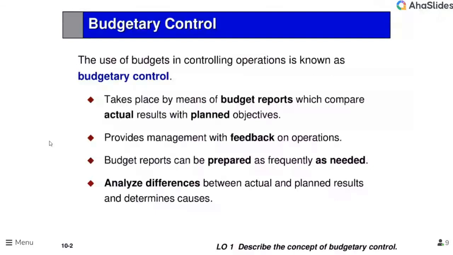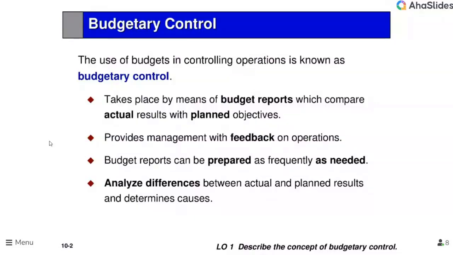So this involves a lot of budget reports, and the essence of each one of these reports is simply, hey, Mr. Manager, or Mrs. Manager, or Ms. Manager, this is what you said was going to happen in your area of control. And this is what's actually happening in your area that you're responsible for. So each one of these budget reports is comparing what you said, the planned objectives, what you put in the budget, against the actual results that the accountant now is collecting.